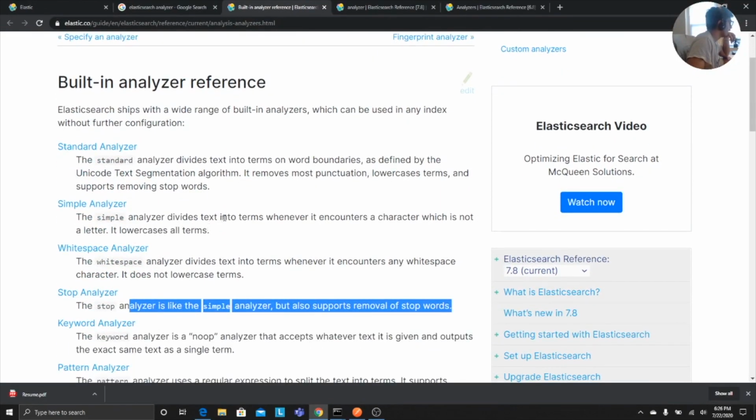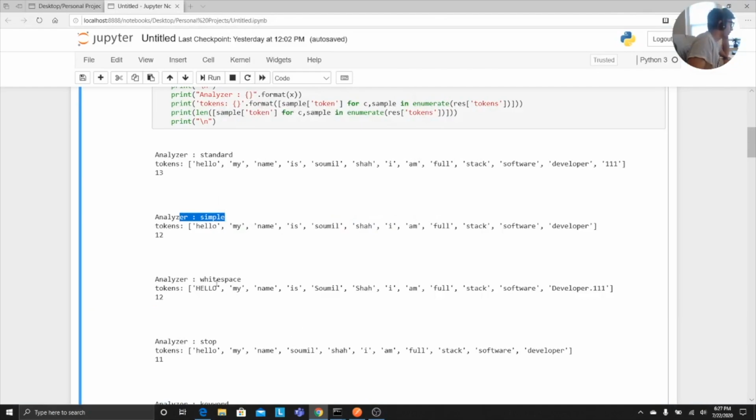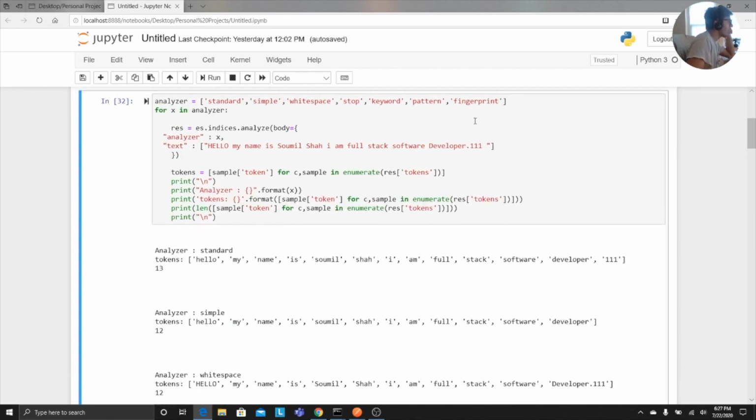The simple analyzer divides the text into terms whenever it encounters a character which is not a letter. It lowercases all terms. Makes sense, okay? Then comes the whitespace analyzer. The whitespace analyzer splits the string at whitespace, which makes sense, right? So the length of the array is still 12. Here you can see, if you observe the word developer.111, since there was no whitespace, this is how